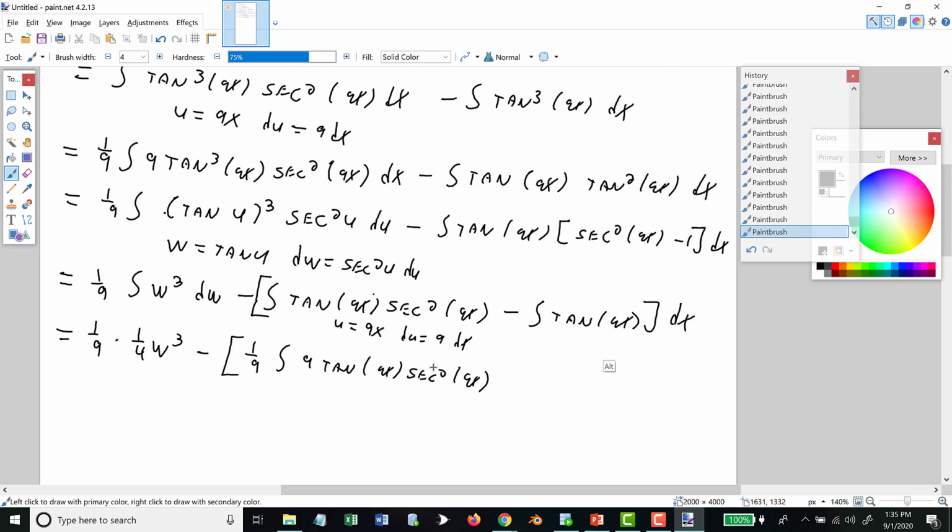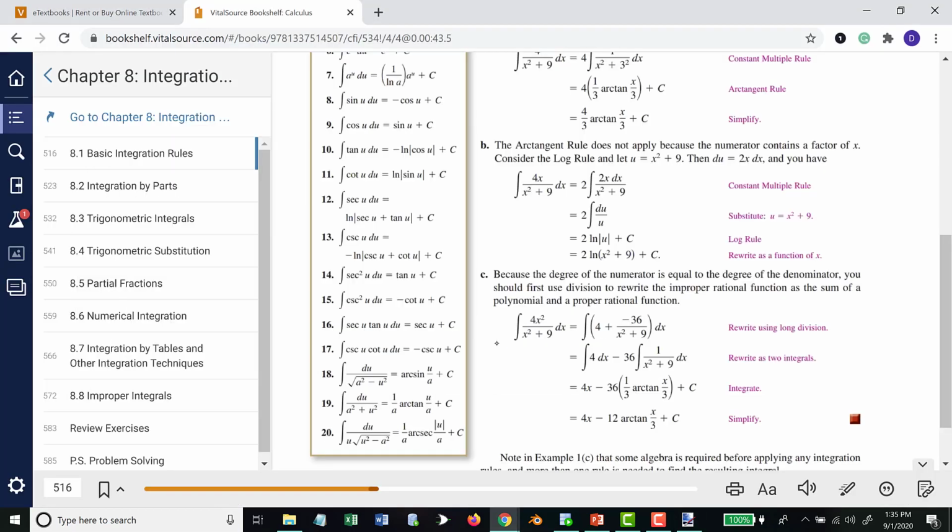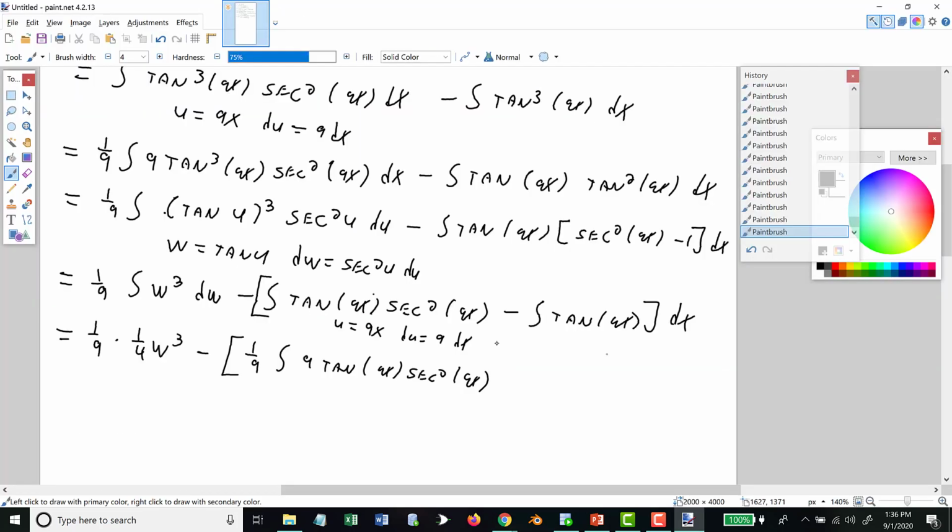Now tangent, it's an odd power, but over here at property 10, the integral of tangent is equal to negative natural log of cosine. But it's a u substitution. So u is equal to 9x again. Du would equal 9 dx. Let me put my dx on there. So I put the 1/9 out in front, and I put a 9 inside. Boy, if this doesn't hurt your brain, then